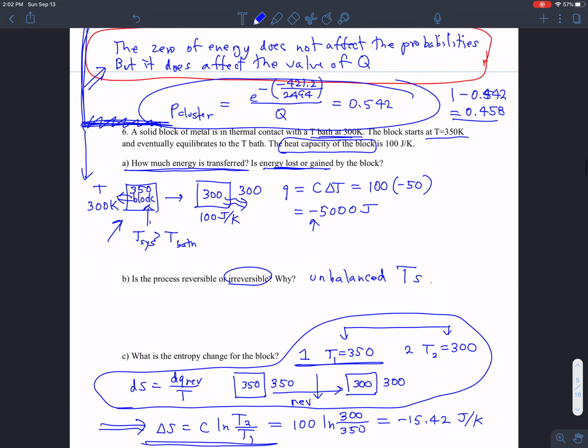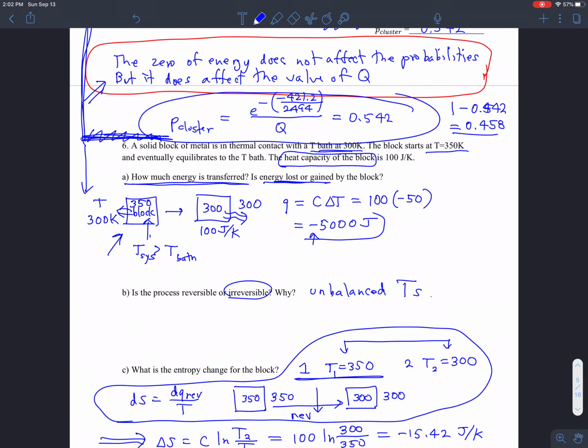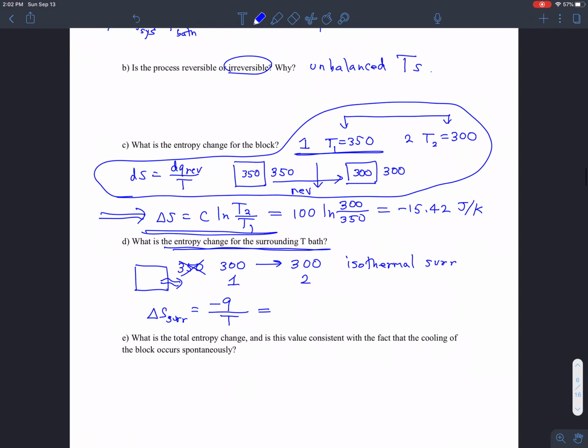And we know that energy loss is equal to 5,000. It's going to be plus 5,000 now, right? Because the surroundings gained heat energy. And so it's going to be 5,000 joules divided by the temperature, 300, and that is equal to 16.67 joules